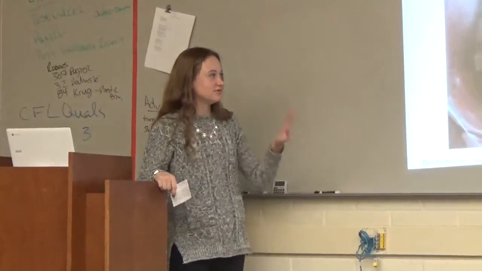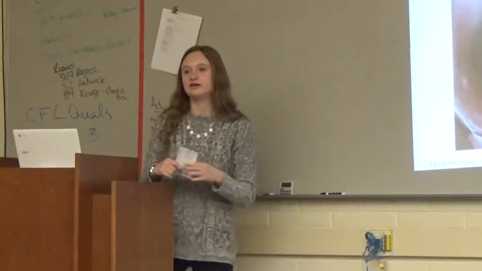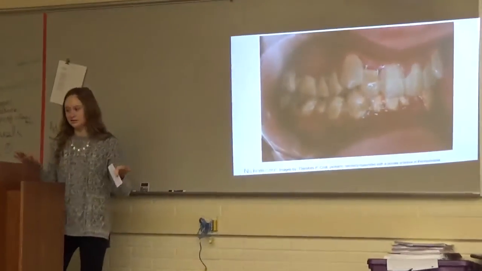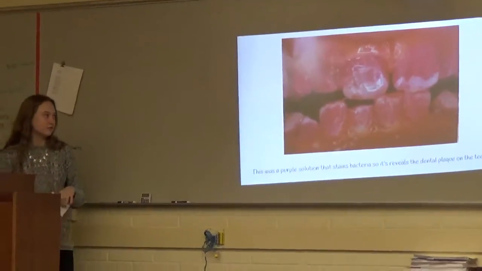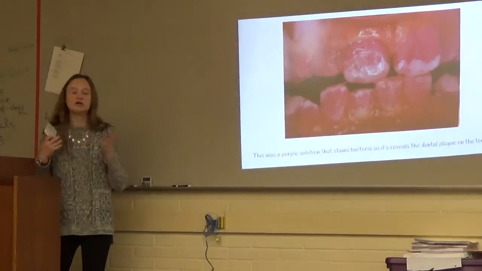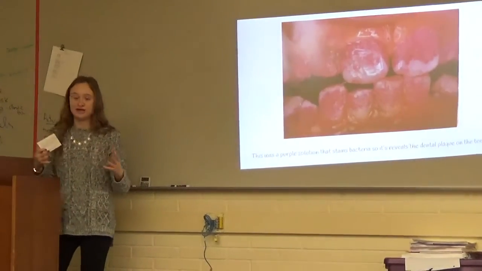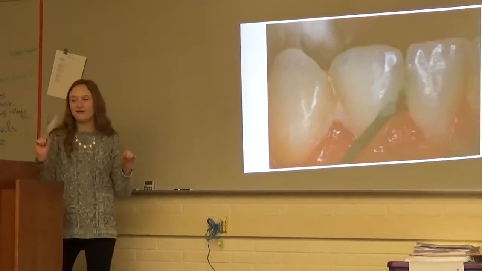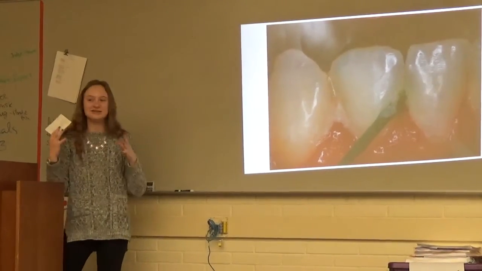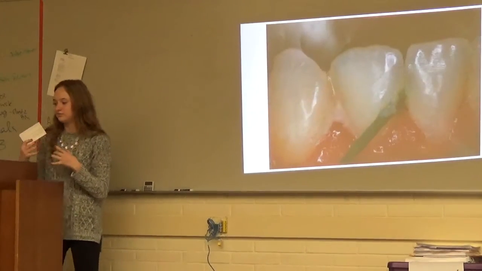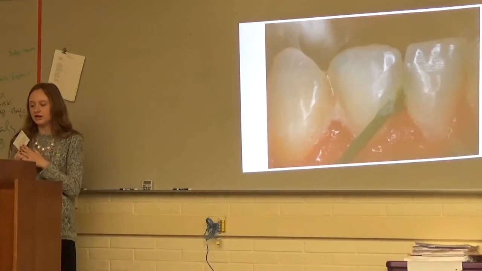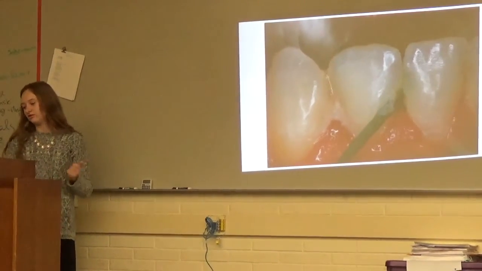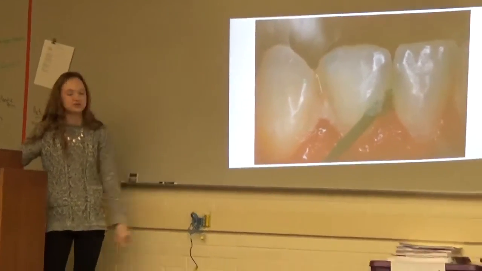So this person has no home care whatsoever, and you can tell there's plaque all over their teeth. They don't floss or take care of their teeth at all. And this is a purple stain, so you put it on your teeth and it shows all the bacteria and plaque that's sitting on your teeth. And this is what happens to all you guys who don't floss. Food just sits in between your teeth. And the closer your teeth are together, the harder it is for the toothbrush to get in between those teeth. So when you don't floss, it just sits between your teeth.